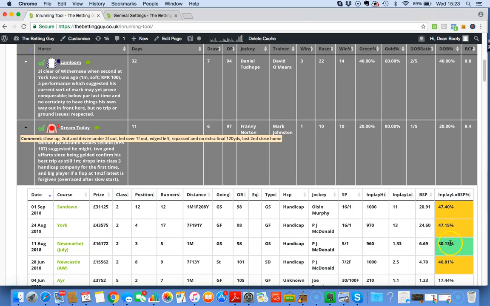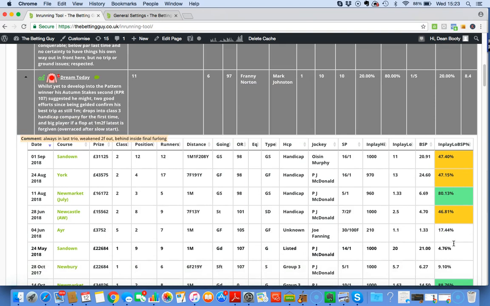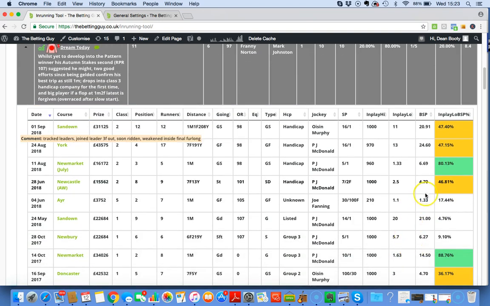Lower than the Betfair SP. This green one is for my settings only. You guys will have different settings, I'm sure. And the green one means that it's traded at least 50% or more lower than the Betfair SP. So we can see here that, again, when it's very, very low, it's very, very hard to determine